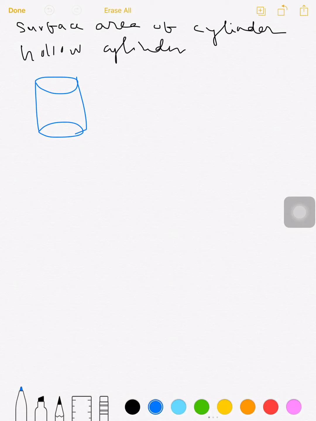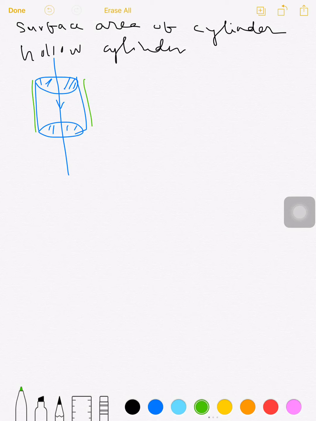Now since it is hollow, basically we know that if I insert some piece of rod or anything, it will go through this. So that means when we are calculating the surface area, we will not be focusing on these two parts, since these are hollow. And surface area means what? Surface area means that you want to paint the surface of a particular structure. So here, if you want to paint, basically you will be painting these two sides of a hollow cylinder,